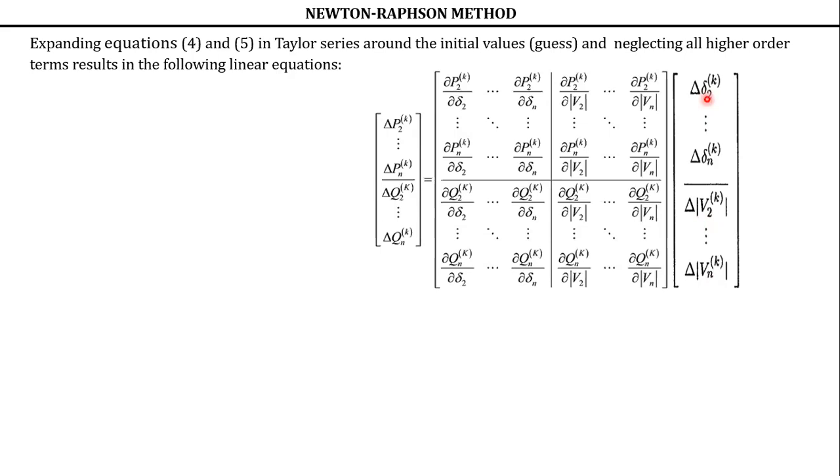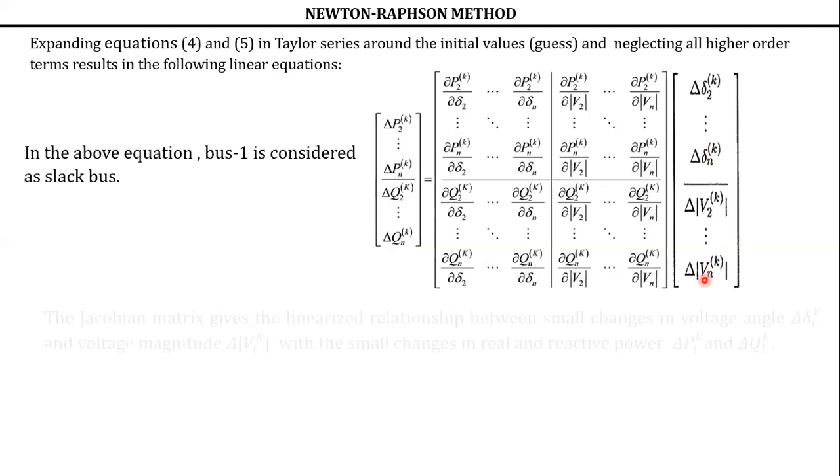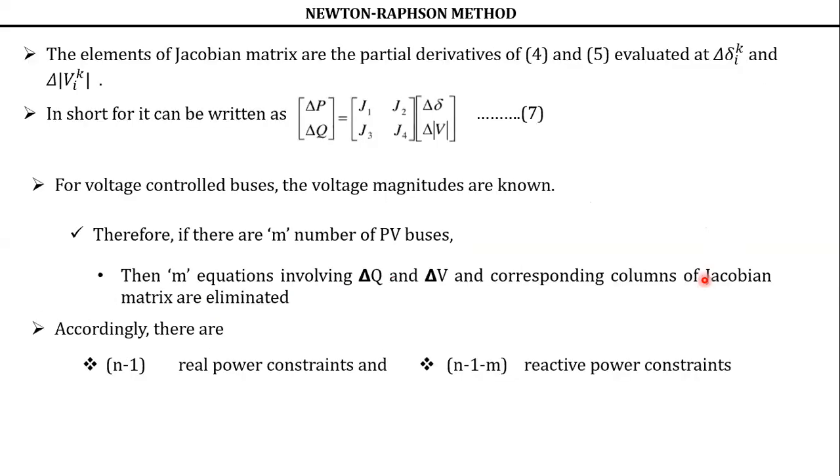So how to calculate this? Obviously this is equal to this into the inverse of this, that is, the inverse of the Jacobian. You have to make it. So how to solve the inverse of the Jacobian matrix? You can use triangular factorization, or in your calculators you have an inverse function, or in the MATLAB program also we have inverse. So when you do that, this is known, it will become the Jacobian inverse. I gave the vector equation also in earlier classes. Into this, the residual powers are also known to you. So you will get these values. Once you get these values from this equation, you can update the voltage and delta magnitude values.